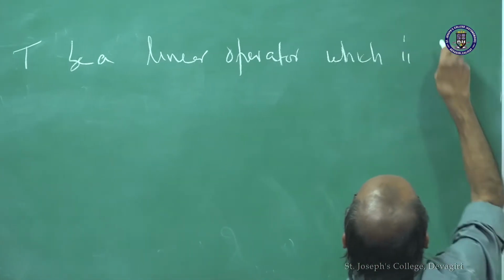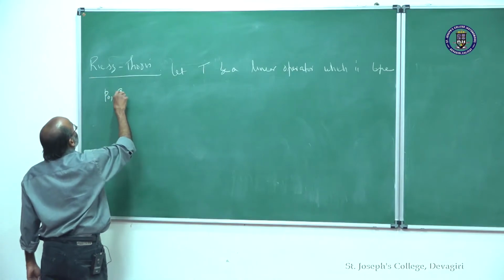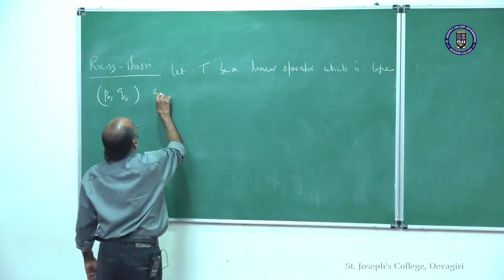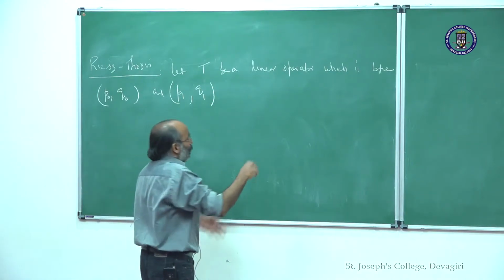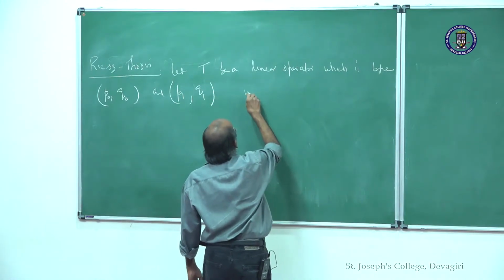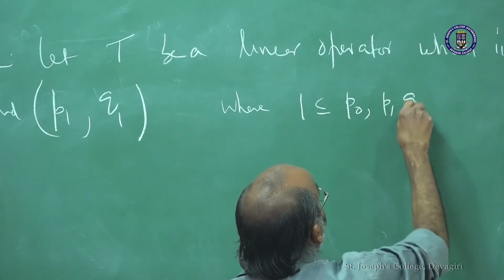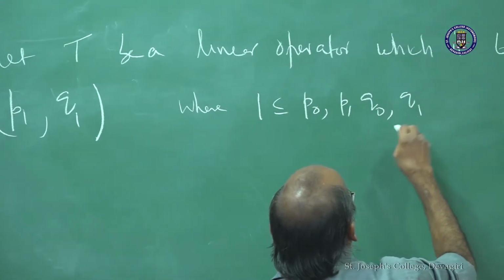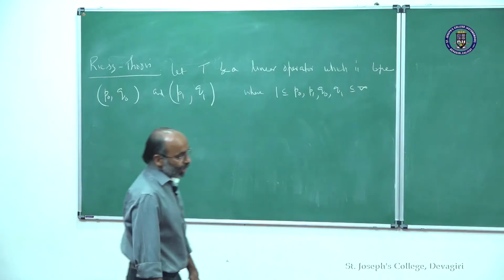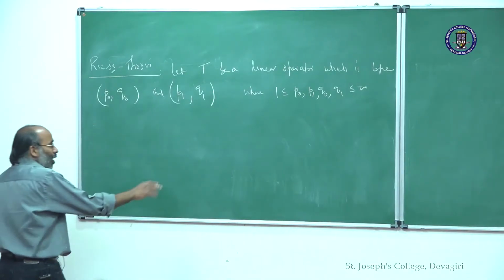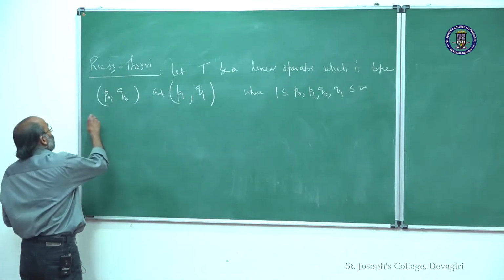Which is of type (p0,q0) and (p1,q1), where all these are between 1 and infinity. So, where p0, p1, q0, q1 are less than or equal to infinity. We have those sigma finite measure spaces, remember that. I am not writing the X, Y, mu, nu and so on. Then